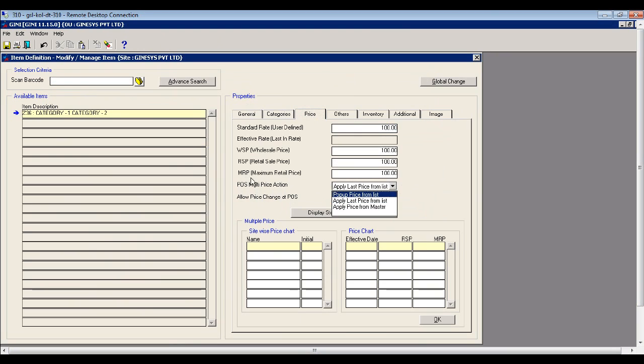Depending on what I have chosen for this particular drop down, my price chart will either pop up or not pop up. At this point of time, I'm going to leave this as it is, and for this particular item, which is Z36, I have POS multi-price action which says apply last price from list. So it's always going to apply the last price from the list. Anyways, this is what I can do at HO, and I'm not going to save this because I want to leave it here as it is, because I would like to show you how it behaves at the POS terminal. So I'm going to exit out of this,